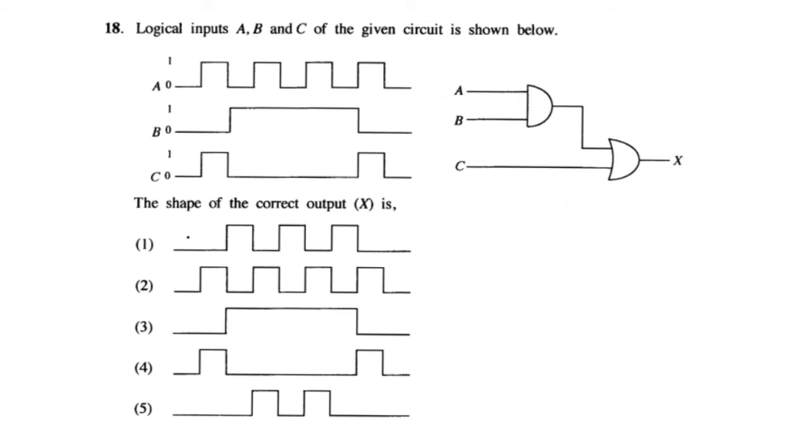the first row, X dash is 0, C is 0. Then X, the output of the OR gate, is 0. Then X dash 0, C1, X is 1. Then the remaining rows follow similarly. So you can see the zeros and ones in the output. So when we compare this with the answers, the answer is 2.